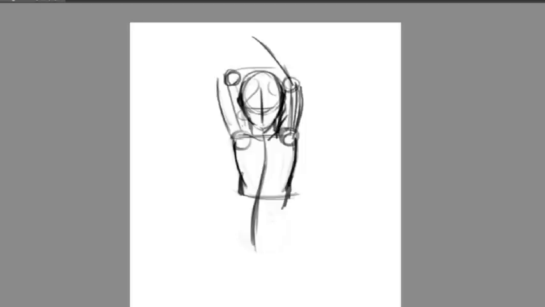Okay, so we'll put more definition into the arms. Remember around here, the muscles are bulging out. If you ever have trouble guessing, you should never have to guess. If you have trouble with muscle mass, if you don't know where things are supposed to go and how it's supposed to look, then put your camera on your computer, get someone to take a picture of you doing the pose you want, and just have a look at yourself,